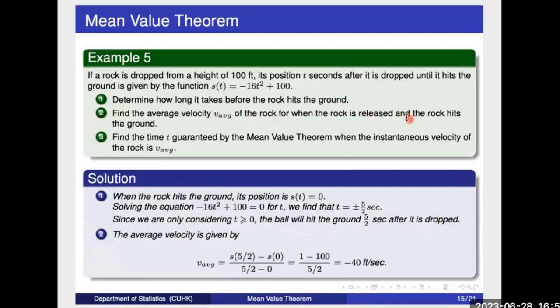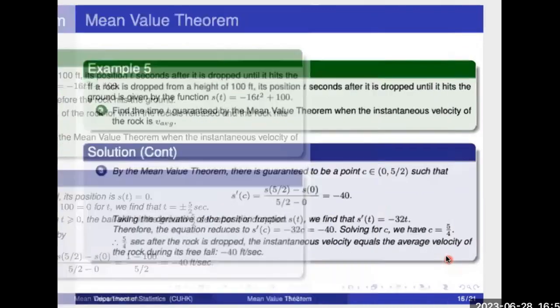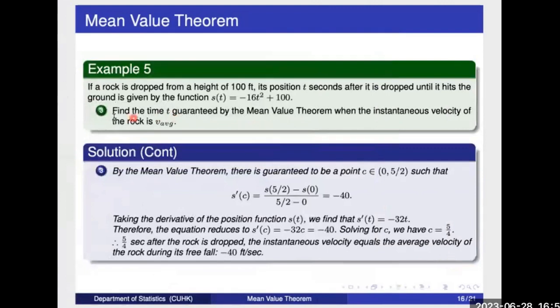To accomplish this, we employ the formula for average velocity, v sub avg equals (s(5/2) minus s(0)) divided by (5/2 minus 0). By substituting the values, we obtain v sub avg equals -40 feet per second. Lastly, the problem tasks us with finding the time t guaranteed by the mean value theorem when the instantaneous velocity of the rock is equal to its average velocity. According to the mean value theorem, there is guaranteed to be a point c within the interval where s prime